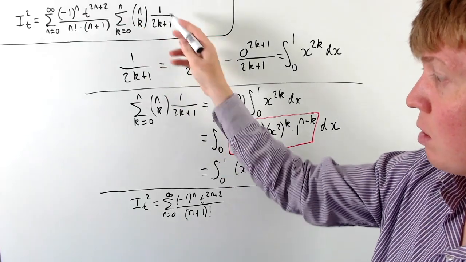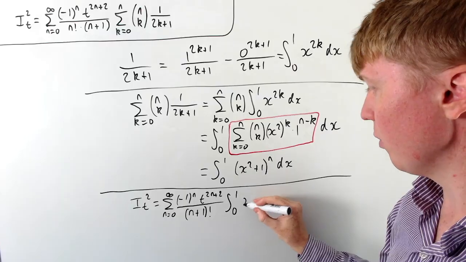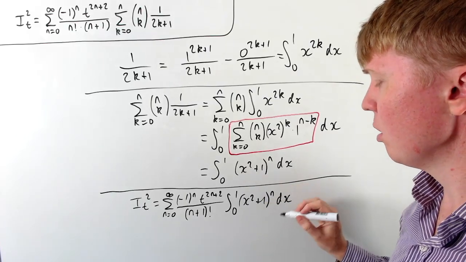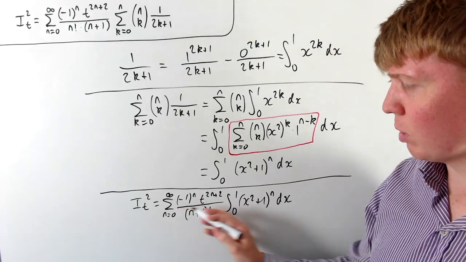And then we can replace this whole sum now by this simple integral. It's the integral from 0 to 1 of (x squared plus 1) to the power of n, integrated with respect to x. And then the next thing we can do is, again, we could be a bit more rigorous with this, but